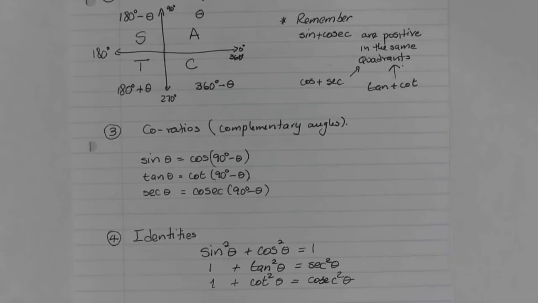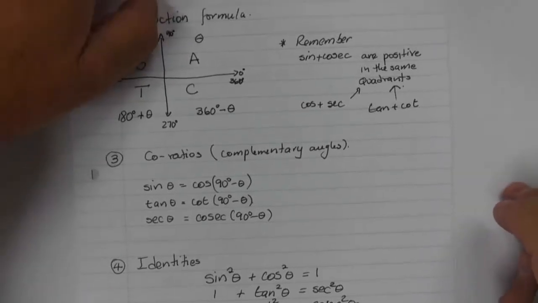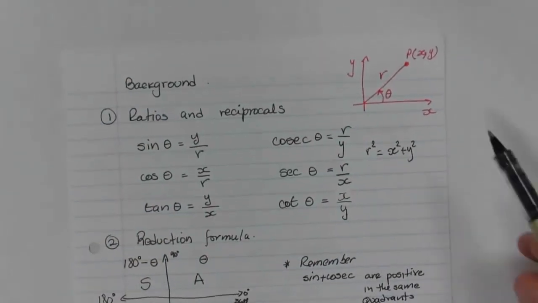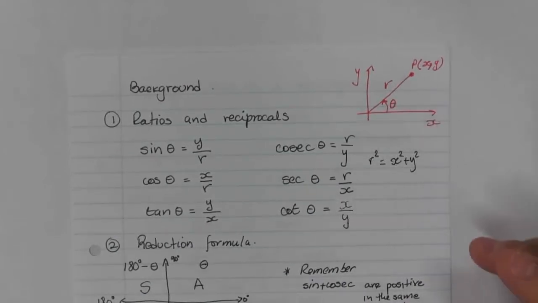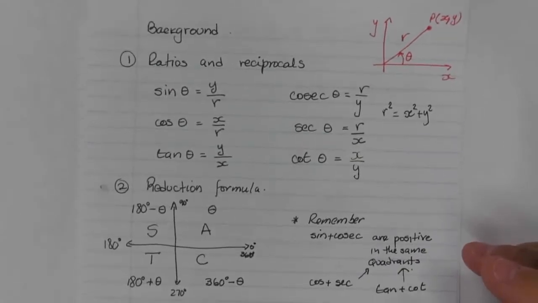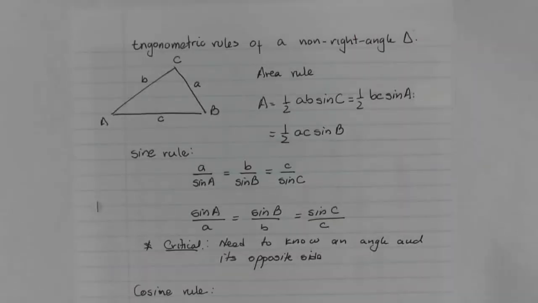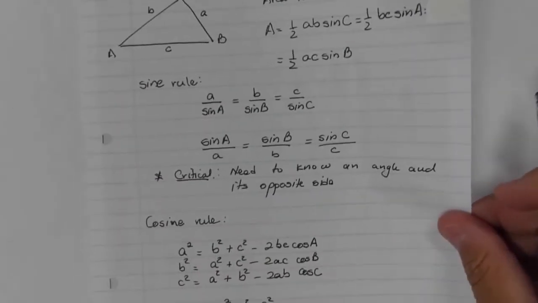They are actually very simple. Coming back to where we started, if you use your trigonometric ratios of the standard Cartesian plane, you'll be able to prove the identities very, very simply. Okay, so moving on now, what we did was we moved on to the trigonometric rules for a